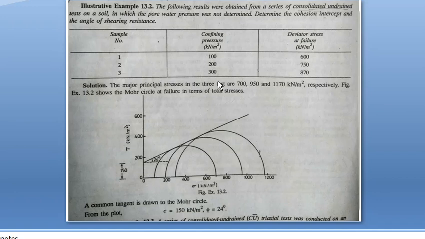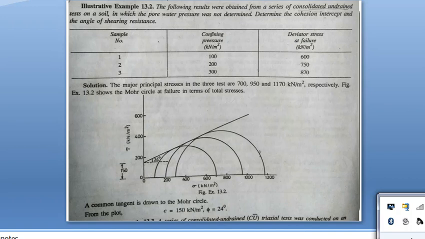For example, in the case of the first one, the confining pressure, that is the minor principal stress, is 100, so we are taking 100 here, and this is sigma 1. And the second one, 100 plus 600, 700, is the second point, that is, here 700 is marked, and this is taken as the diameter to draw the first Mohr circle. Like this we take sigma 1 and sigma 3 for the second sample and draw the Mohr circle, and also the third Mohr circle. The failure envelope is drawn as the tangent connecting all three Mohr circles, and its inclination is phi, and the y-intercept is c, that is 150 as the value.